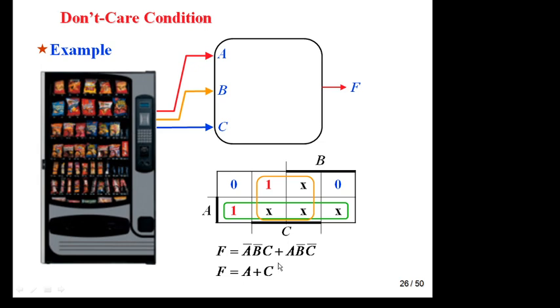Okay, if we do not use don't care, then the value will be A bar B bar C plus A B bar C bar. If we use don't care, the value will be directly A plus C. So less hardware is required, only one OR gate is required. This is the advantage of don't care term. The don't care term says, if with the help of don't care term you are able to make any group, go ahead, otherwise leave as it is.